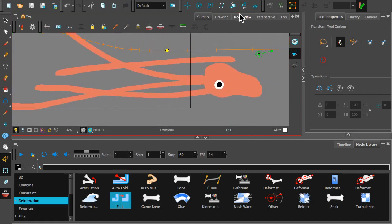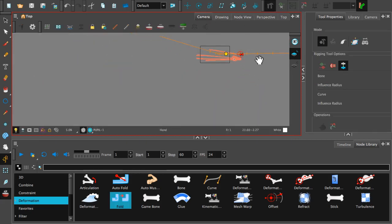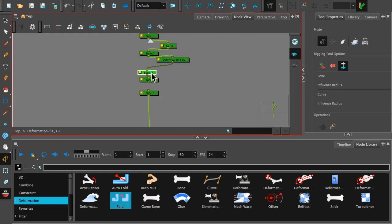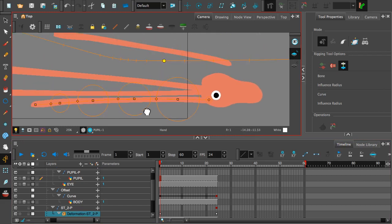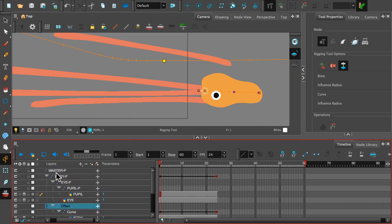Whoa. So what my fold has done there, look at the size of that. What my fold has basically done there is it said I can't repair it because the drawing was broken, so it's not going to work. But what it is designed to do is actually repair some of the clipping that occurs. So if you've got two objects, let's just put these back together. Go back to my layers view as well. If I just show you all of them,